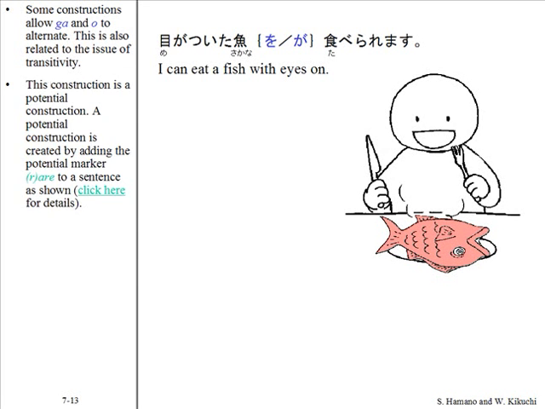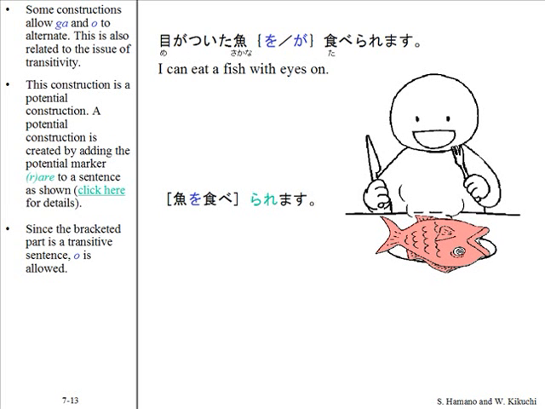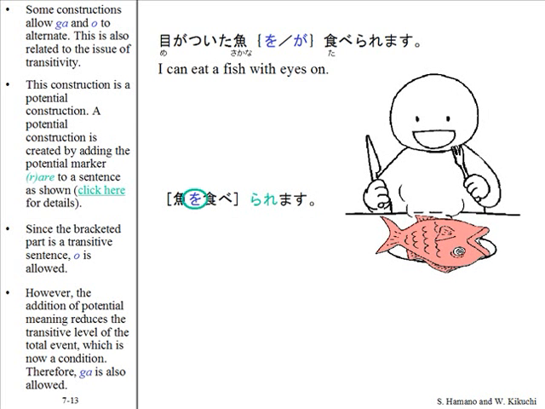This construction is a potential construction. A potential construction is created by adding the potential marker rare to a sentence as shown. 魚を食べられます。Since the bracketed part is a transitive sentence, o is allowed. However, the addition of potential meaning reduces the transitive level of the total event, which is now a condition. Therefore, ga is also allowed. 魚が食べられます。